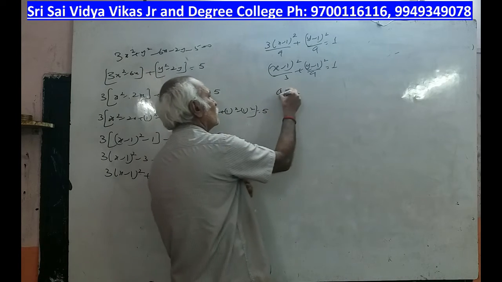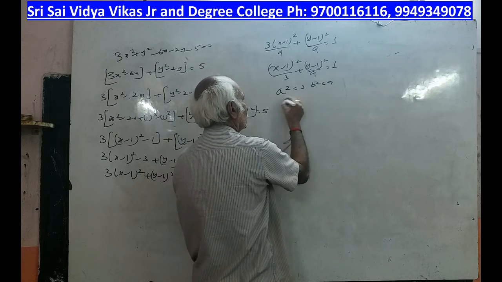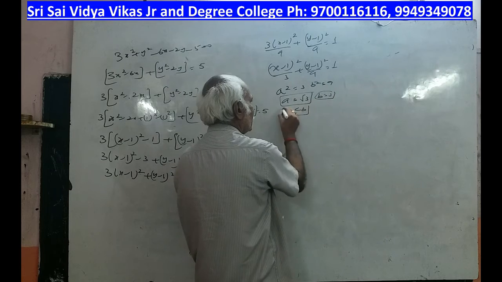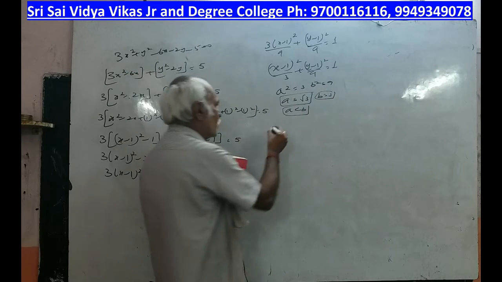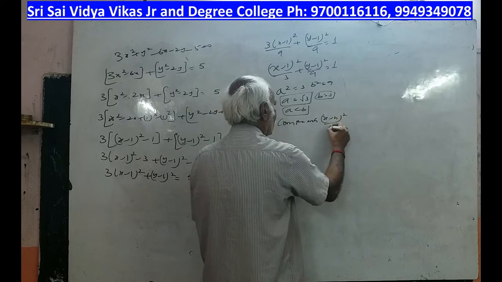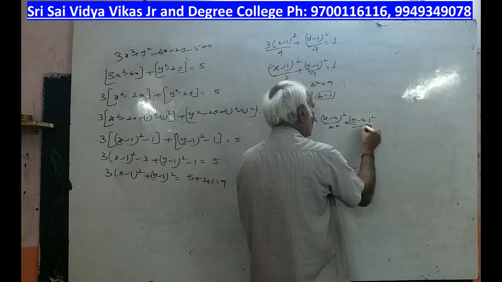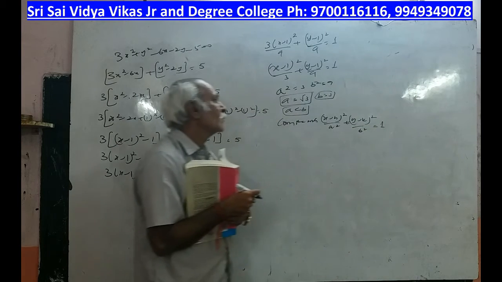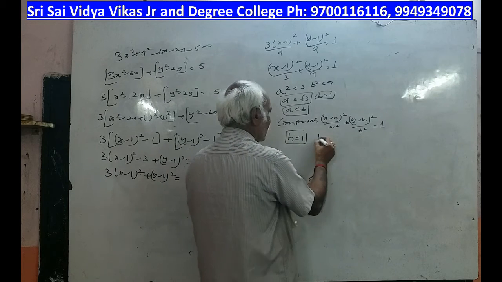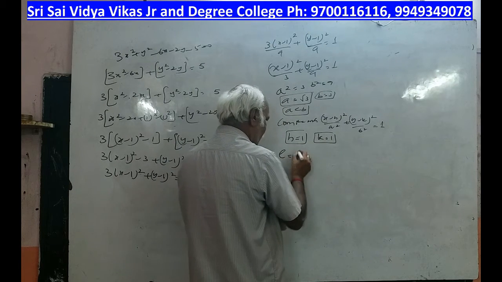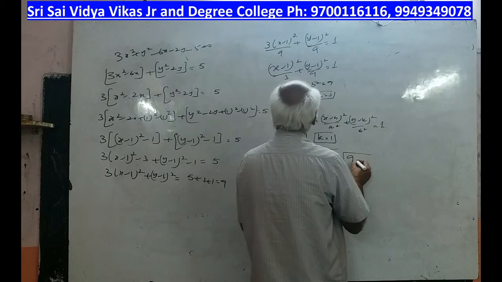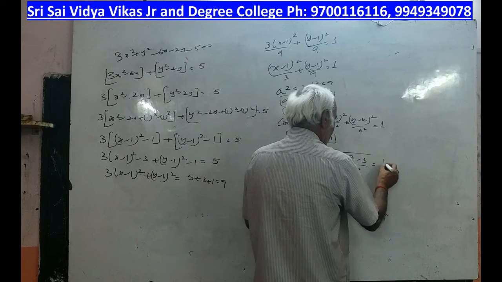So what is the a² value? 3, b² is 9, a is equal to √3, b is equal to 3. So obviously a is less than b. Again we got a is less than b. Compare with (x − h)²/a² + (y − k)²/b² is equal to 1. Again, what is the h value? 1. H value is 1, k value is 1. First we have to find e formula. (b² − a²)/b². B² means what, sir? (9 − 3)/9. That is √6/3.